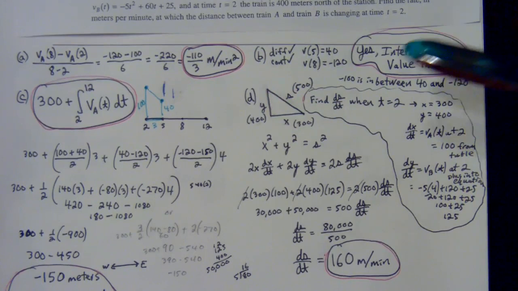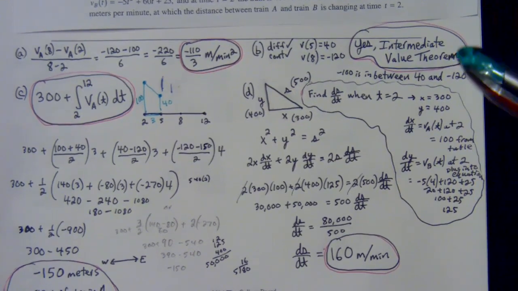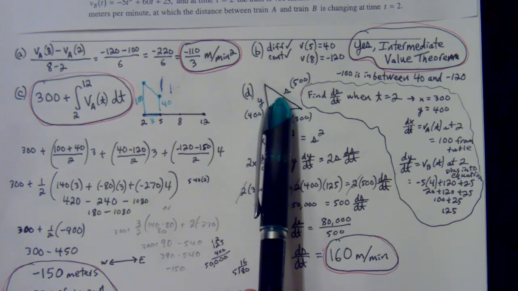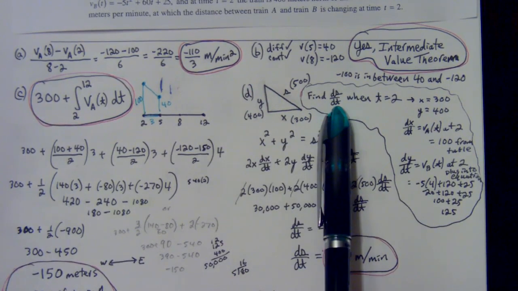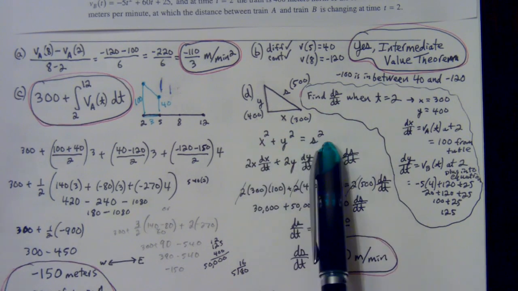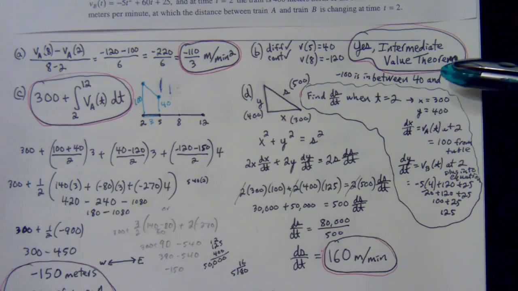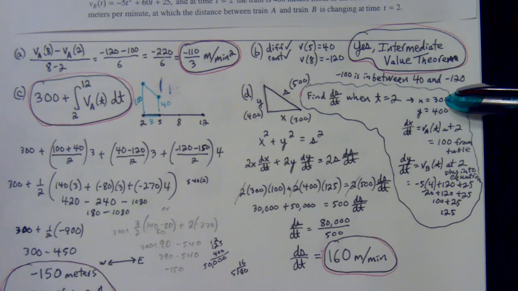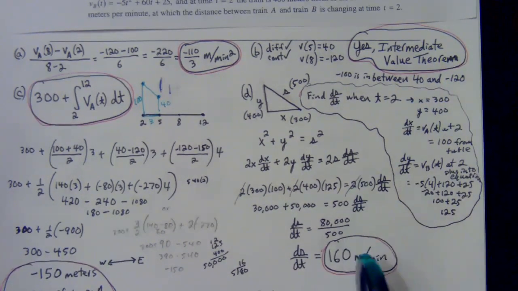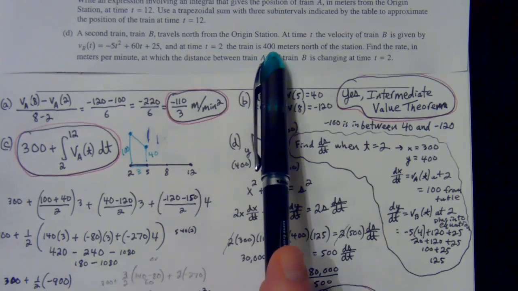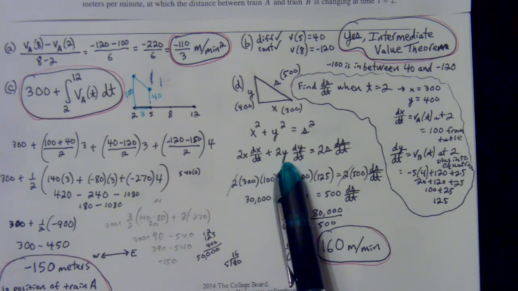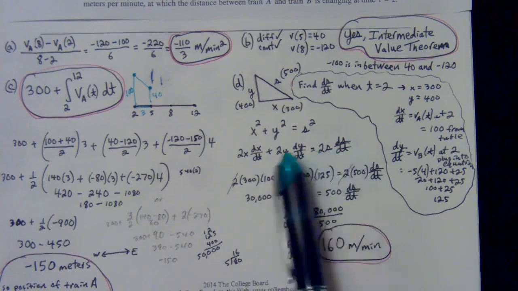So we have just a right triangle. We could probably use the Pythagorean theorem here. And you have to find out how fast that distance between the two trains is changing. In symbols, that means the ds/dt when t is equal to 2. So you can use your Pythagorean theorem here. But see, now at t equals 2, we know a few things. At t equals 2, they told us in part C that train A, the x, was equal to 300. Also, they just told us right here that at time t equals 2, train B, which is the y, is going to be 400. So when I go 2x dx/dt plus 2y dy/dt equals 2s ds/dt,